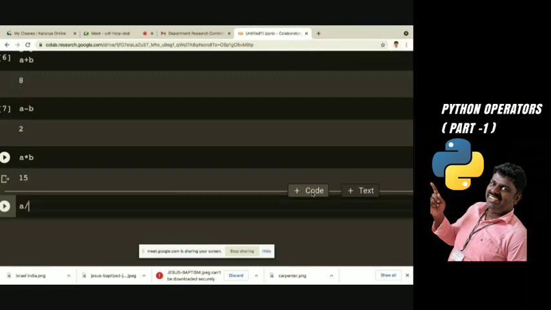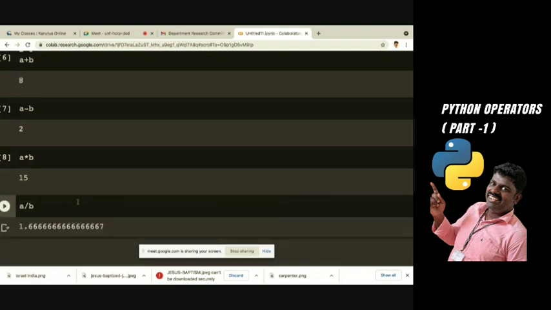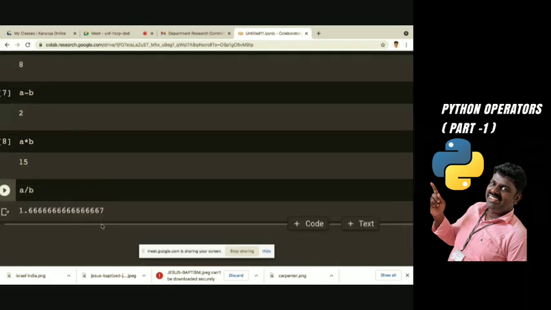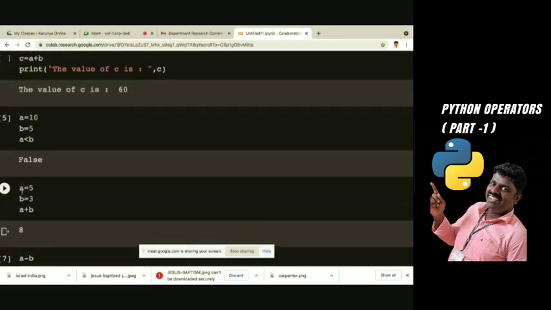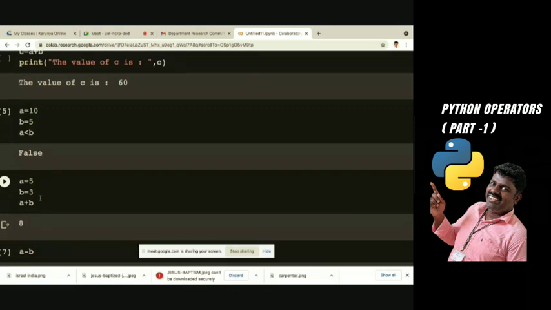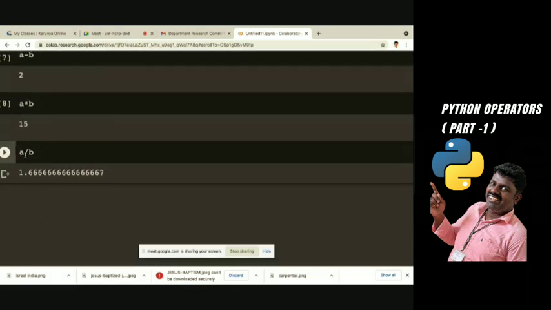And then if I'm going for a slash b, that is division. Now it is giving the exact value, 1.6666667. Even though I am giving integer values, a as 5 and b as 3, when I go for slash, it is not considered an integer value. So immediately it is giving the actual value.